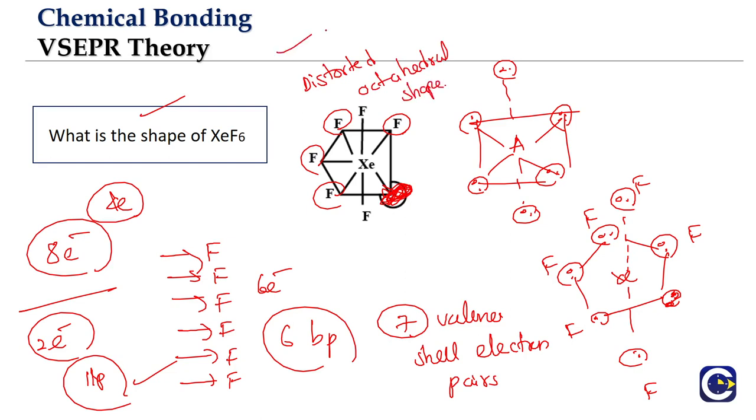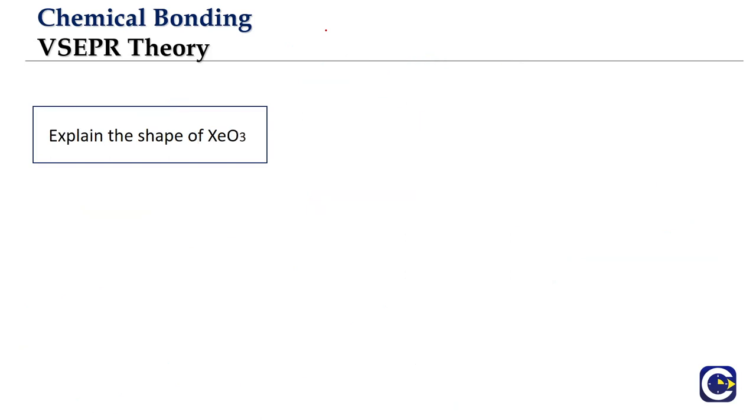Sometimes some of these names are taken based upon some similarities, or what we call coherence. Like you have 4 positions in the plane, 1 above, 1 below, that is octahedral. But the plane is a little bit distorted. That's why we are calling it distorted octahedral. So what is the geometrical arrangement of the valence electron pairs? It is the pentagonal bipyramidal arrangement. But when it comes to the shape, we are saying distorted octahedral shape. So these kinds of things we have to look at.